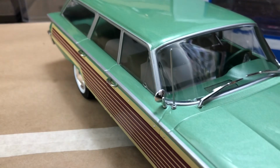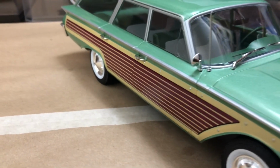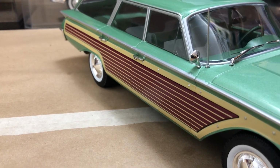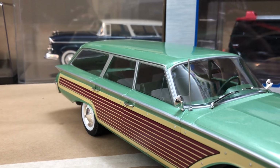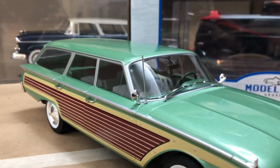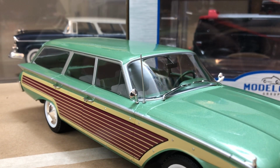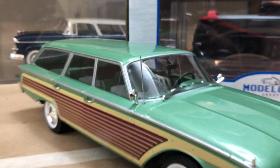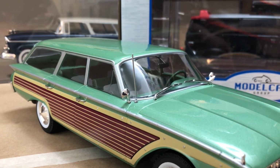There's a lot of good stuff on this car. Reason I got it too, because Model Car Group does a black, a dark red, and this green one. I love green. If everybody watches the channel, I love the green cars. And this one that was on sale, it's a crazy price. eBay is actually higher on this car, so the importer here that has a home company